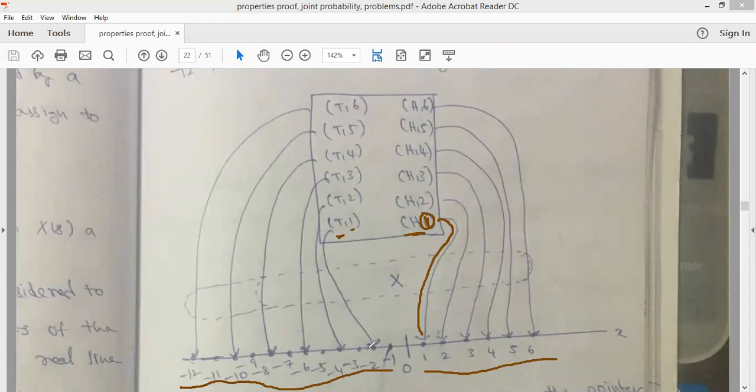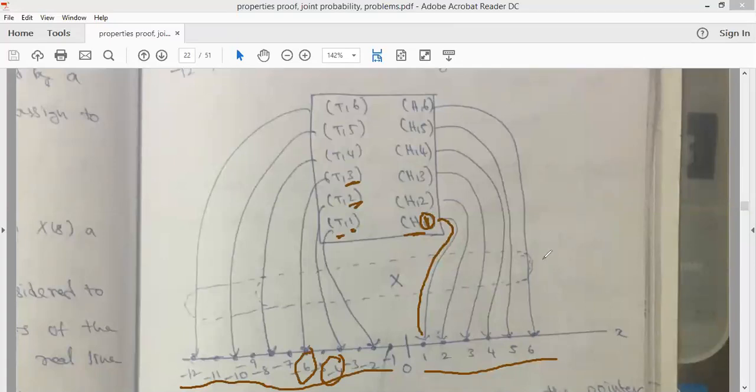The number will be twice the magnitude of the value shown on the die. Here, if the die is showing 1, it is mapped to the value -2. If the die is showing 2, it is mapped to the point -4. If the die is showing 3, it is mapped to the point 0.06, like this. So these sample values are mapped to the real axis depending on the function.